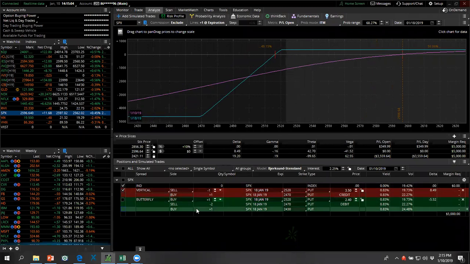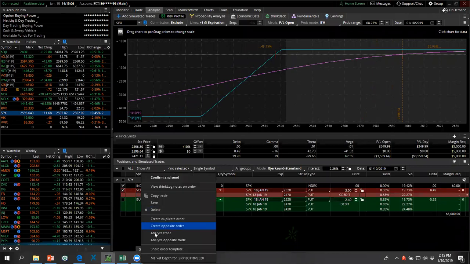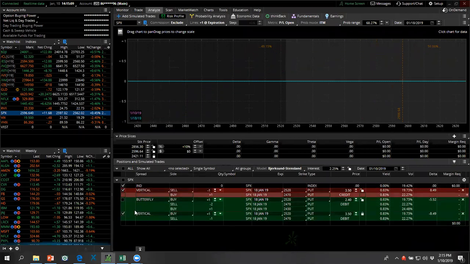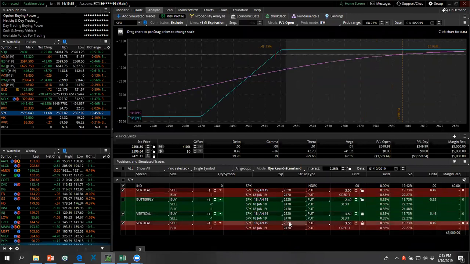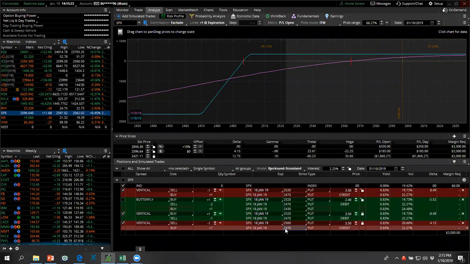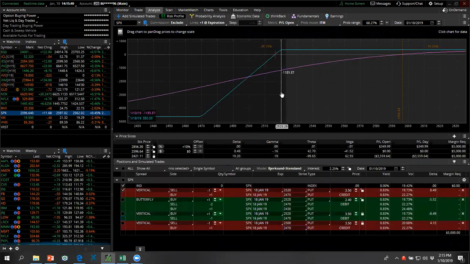Well, if you did roll it down, one thing you could do would be you would simply take it off. Ignore this butterfly for a second. You'd take it off by doing an opposite trade, and then you'd reestablish it at a lower price by doing another one. Let's say at 2,500, 2,470. Okay. By so doing, what I've done is I took it off and I added another one. That's all I did, and it repositioned it. Strikes are now short at 2,500, whereas they were short at 2,520. So I rolled it down 20 points in this example.